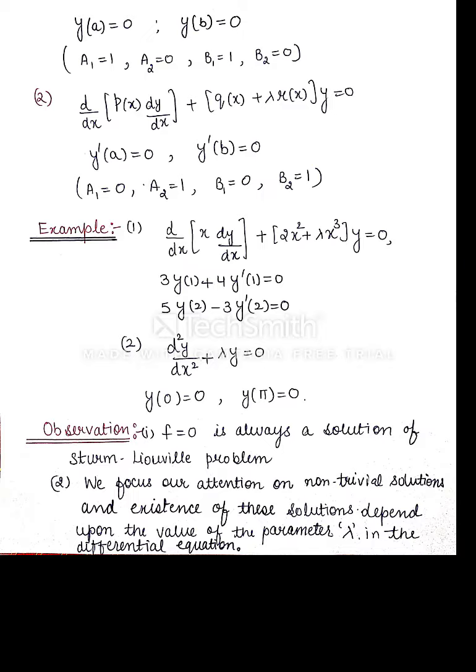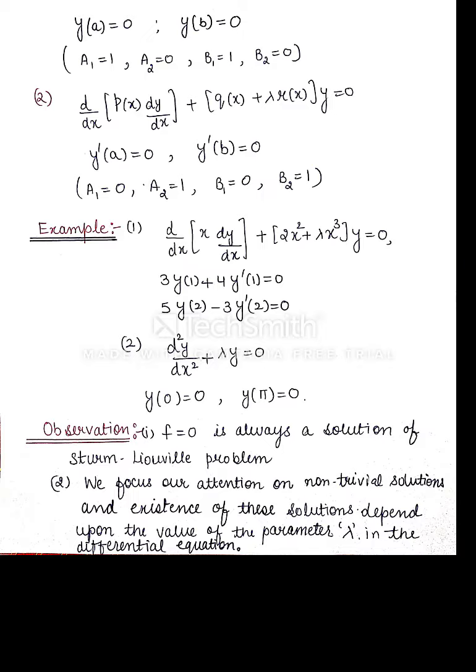In my first example, the differential equation is d/dx (x dy/dx) + (2x^2 + lambda x^3) y = 0. And the boundary conditions are 3y at 1 plus 4y dash at 1 is equal to 0. Second condition is 5 into y at 2 minus 3 into y dash at 2 is equal to 0. So this is the general